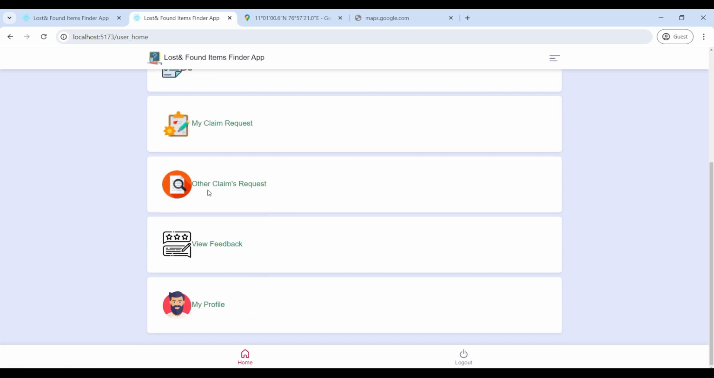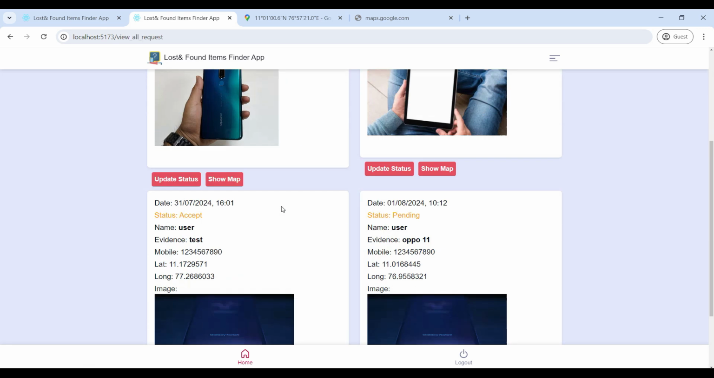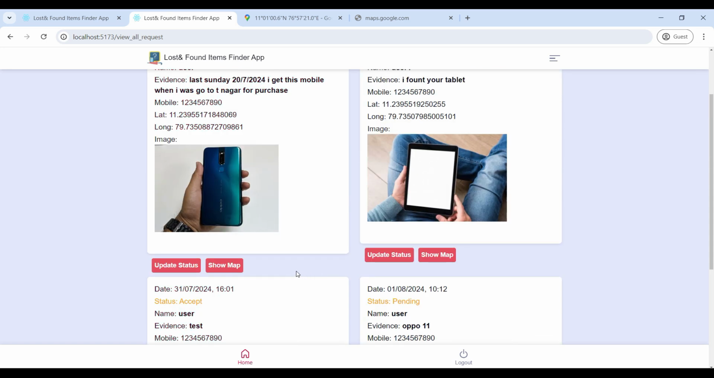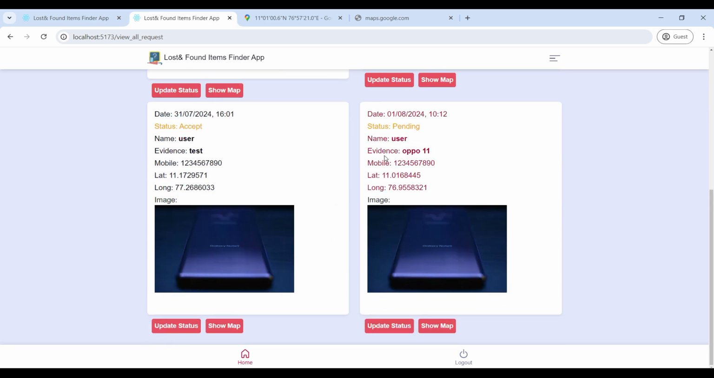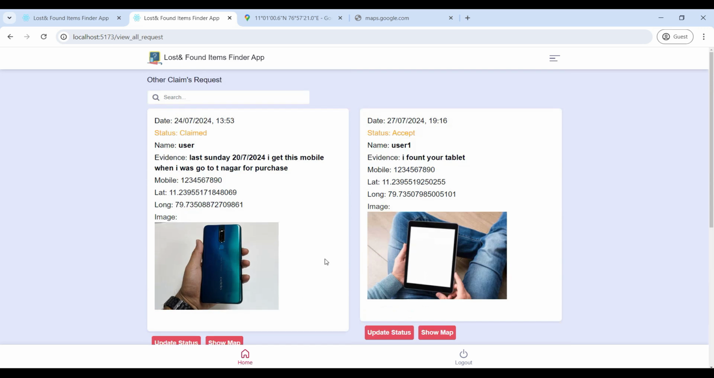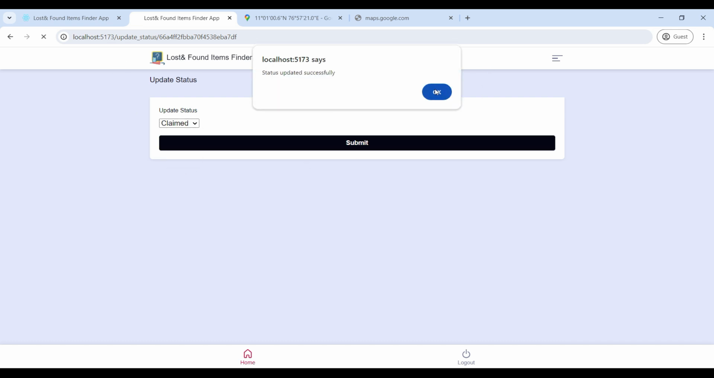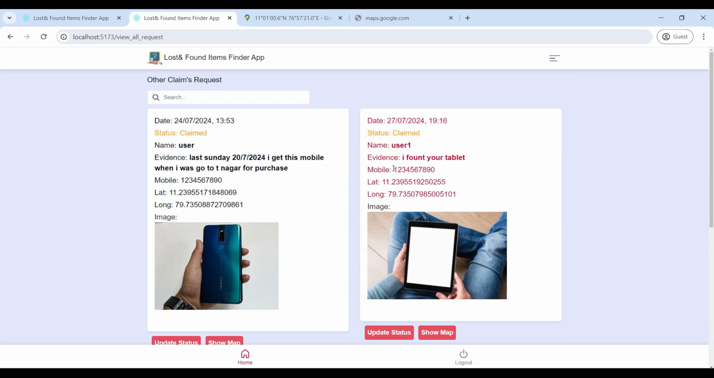Next go to other claim requests. Here you can see the other claim requests on this page, and then you can find the items. You will update the status. Click on update status and then update and submit the status. Your updated status will be seen by the other user. For example,